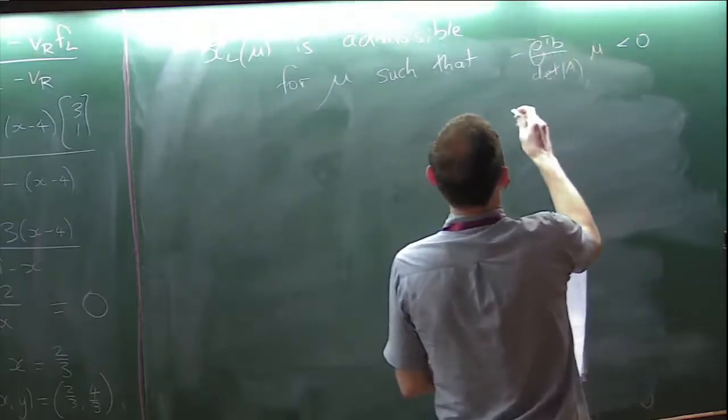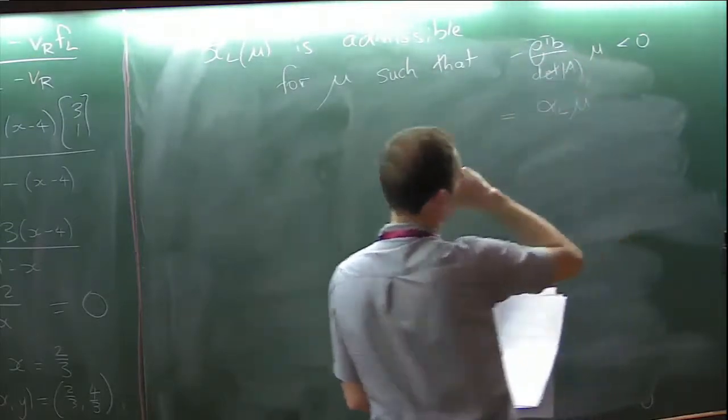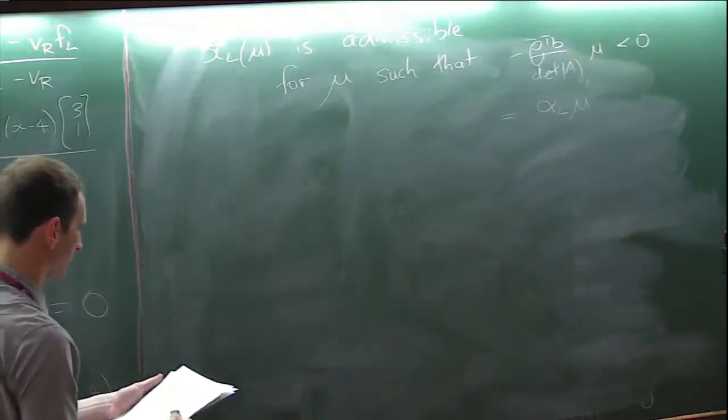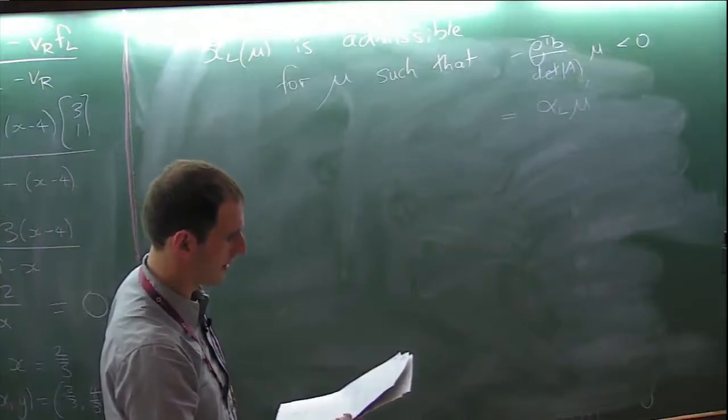In the notes, I gave this an even simpler name. I just called this alpha L mu. I'll come to that. We'll talk more about that again, but let's go onto the